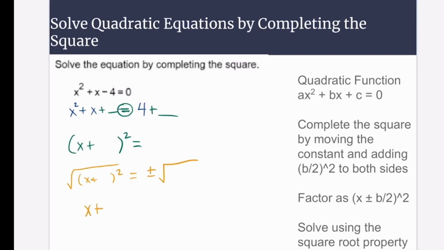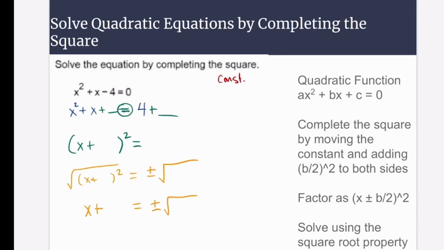Then we're going to have x plus our number equal plus or minus that radical. And all we're doing now is filling in gaps. So back to the top, to find our constant,